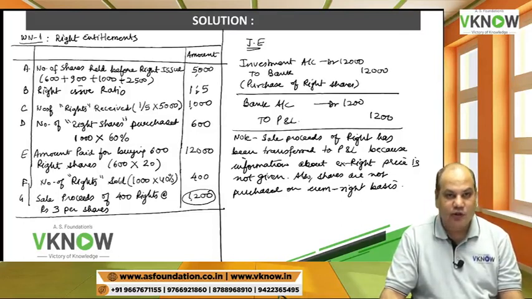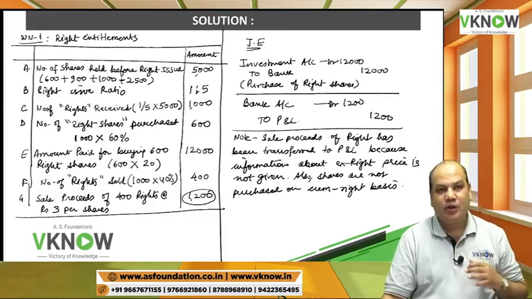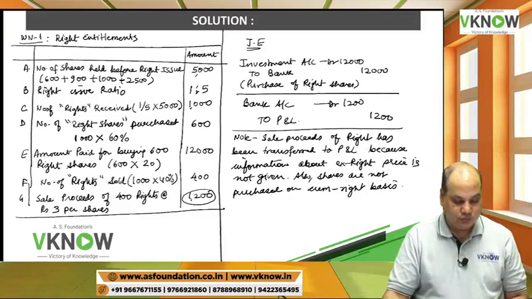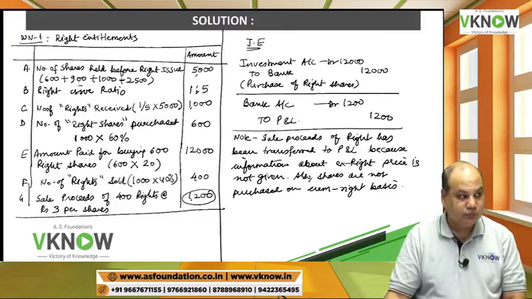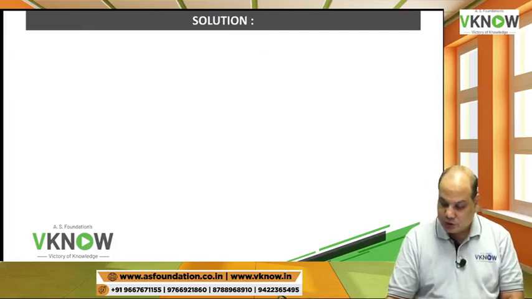So this is my discussion on right. Right adjustment itself comes for 2 to 4 marks as a separate question. Has everybody noted this? Then I have to go to the next working note. Has everybody done? Yes. Now working note 2